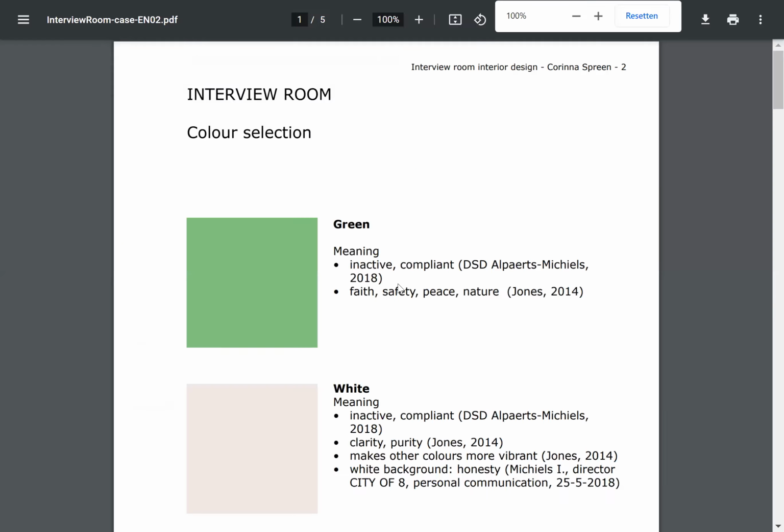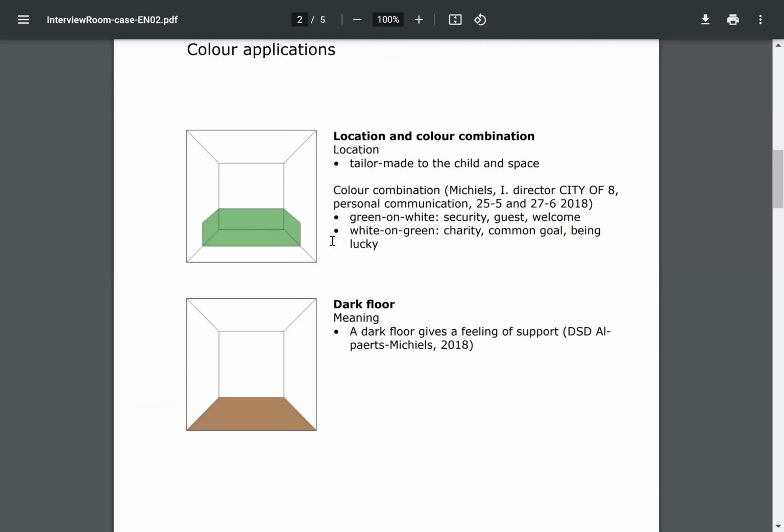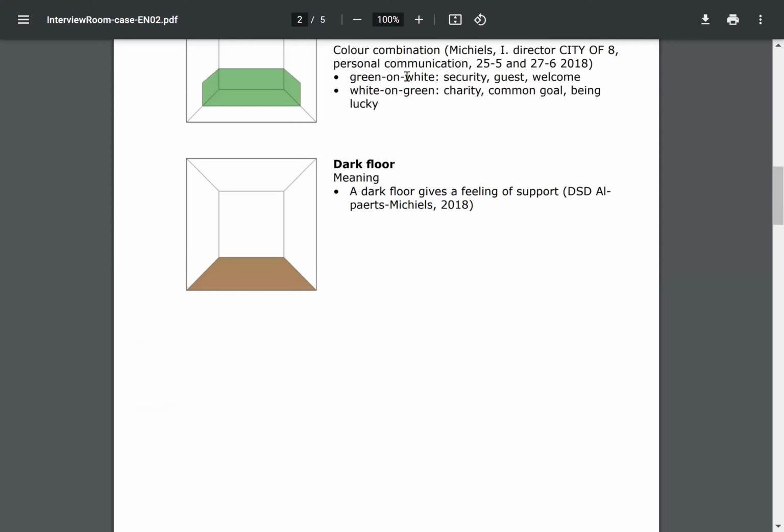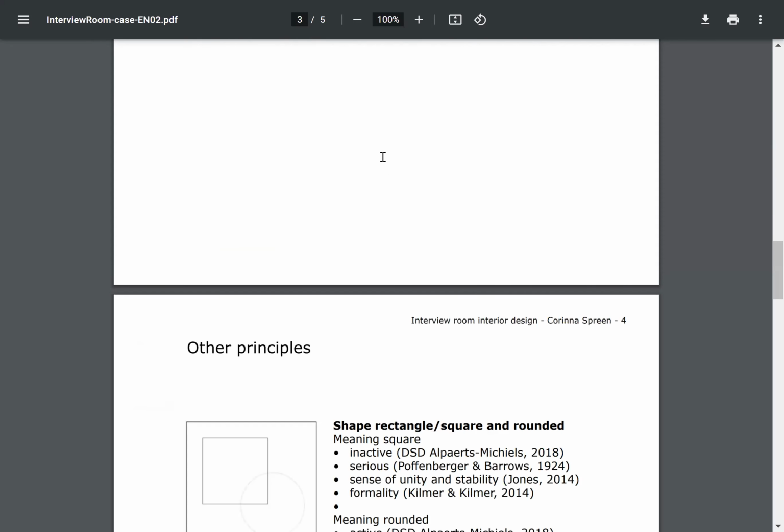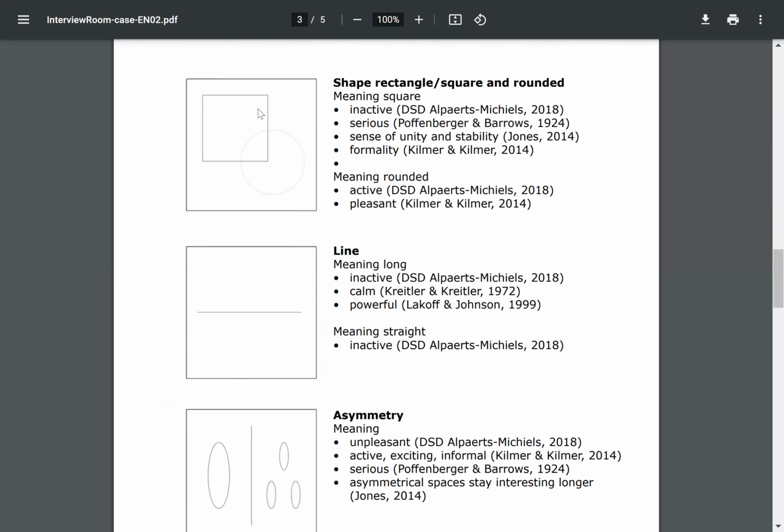This is where she placed it. Here's the color combination white on green. Green on white also appears here, but white on green is more general in her design. You have the dark floor, and then the shape research you did: rectangular, square, and rounded. So also things you can find in the database: inactivity of the square shape, the activity of the rounded shape, and so on. The meaning of long,